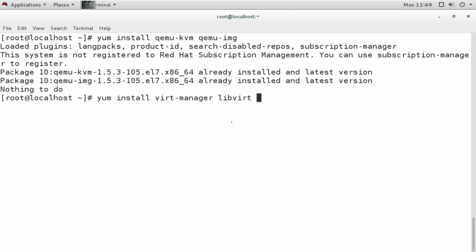These are virtual libraries for our virtualization. Then we need libvirt-python, then python-virtinst, and also libvirt-client.